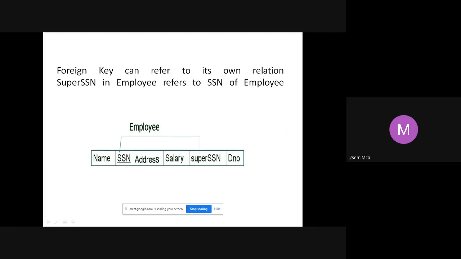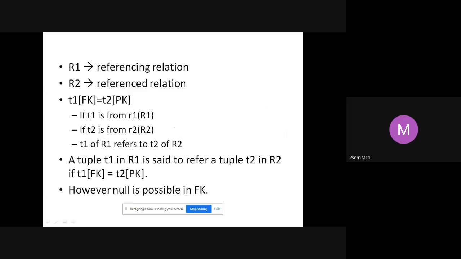A foreign key can also refer to its own relation. We have seen this in the case of a recursive relation. The same table is participating in that relation in two different roles, supervisor and supervisee. We saw that. So what we have done is, SSN is a primary key, and we include one more attribute, super SSN, which acts as a foreign key in the same table. That is also possible. Look at the way it is connected: the arrowhead points to the primary key. This is an important thing that you should understand.